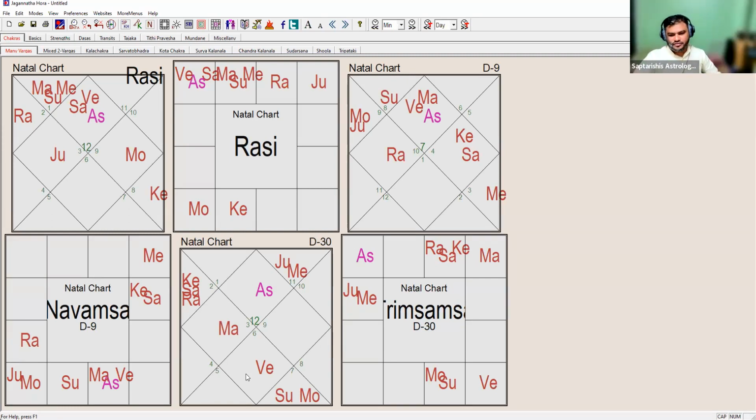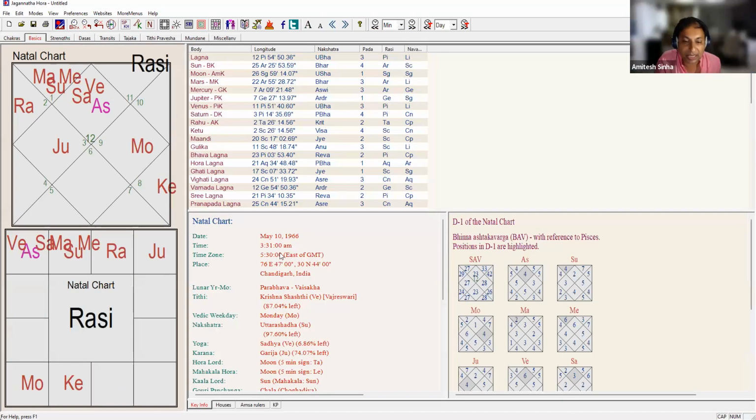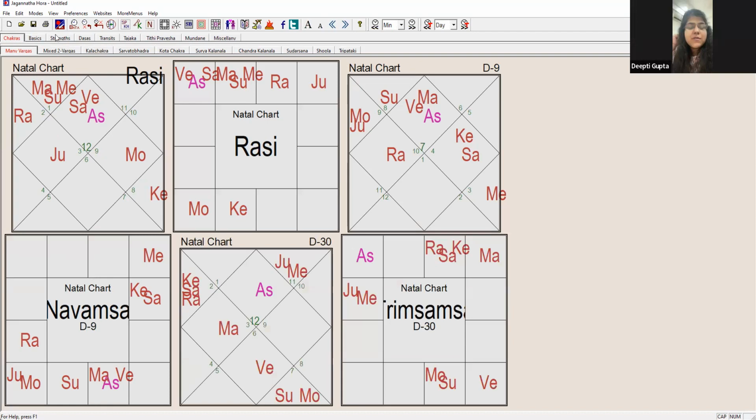ये तो analysis आपकी सही है. And sir, what is the correct time of birth for this chart? 3:31 a.m. Okay. Now, sir, do we not take Moon? Moon is the flow of blood. Moon लेंगे. Rahu is in the sign of Taurus, where Moon gets exalted. So again it is afflicted. नहीं बात सही है. Mars has an 8th aspect on Ketu and a 7th aspect on the 8th house. So Mars, I think, is highly afflicted, sitting with the Sun. Ketu's aspect is also there. नहीं ठीक है.